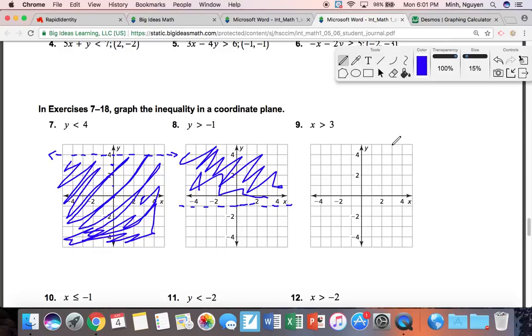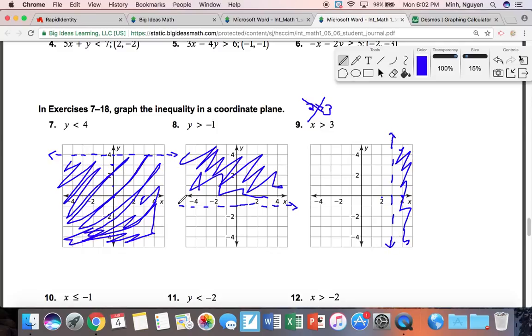X is greater than 3. So now we're looking at x values. So 4 is greater than 3, so that means I will go over there. If you pick a different x value, like 2, you would say 2 is greater than 3. That's wrong. So you know that 2 is wrong. So if it's wrong, you don't want it in your solution set. Then you go to the other side, the right side of this